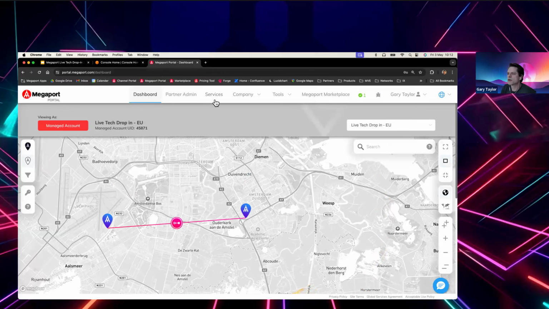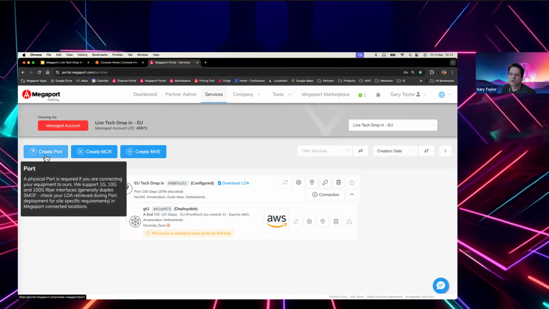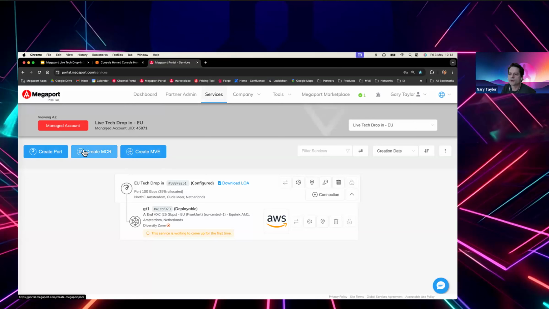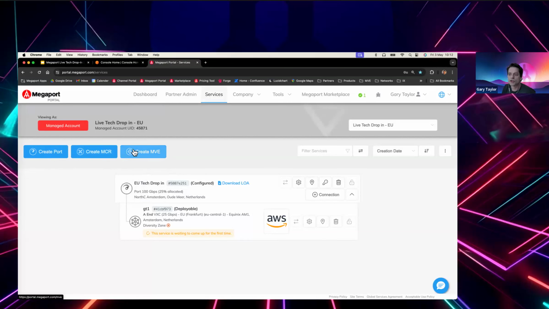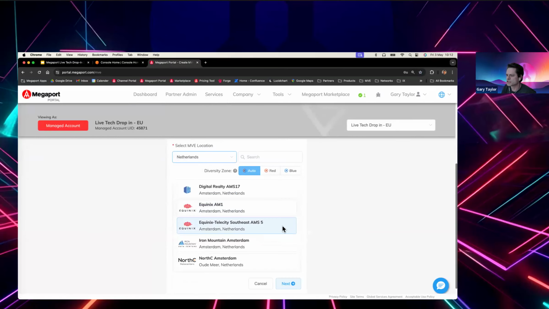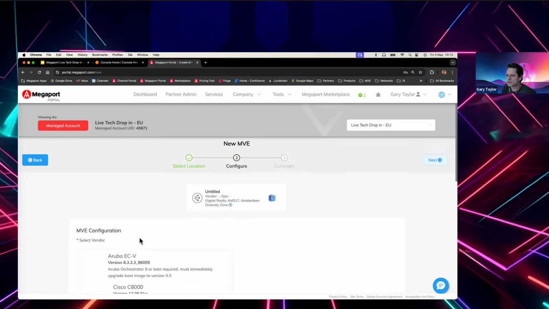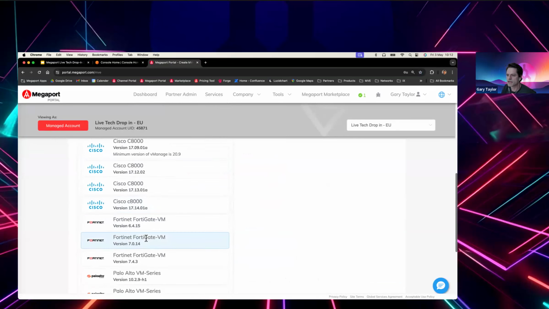And while that deploys, I'm just going to jump back in here and just do a quick overview of the services. As I mentioned, the Megaport, 1 gig to 100 in 450 or so locations around the world. The MCR is our virtual routing function, Megaport Cloud Router. It's a layer 3 function as well in key locations around the world. And then MVE is our virtual edge service as well. If I just jump onto that briefly, I'll go to Netherlands and just show you what we have available from an image point of view. As I mentioned, it's Aruba, it's Cisco, Catalyst SD-WAN, it's the C8KV. We have the FortiGates,